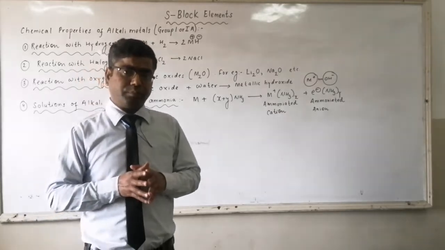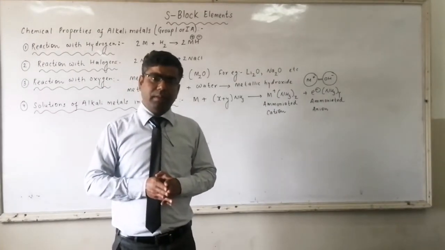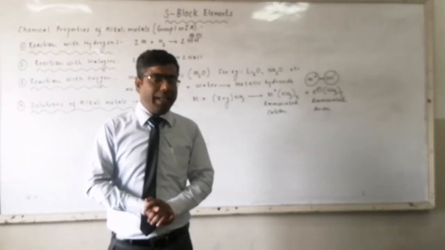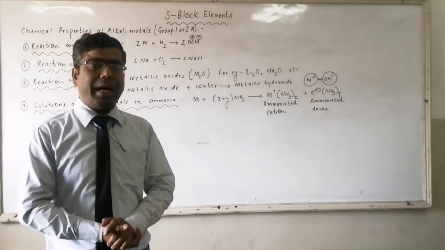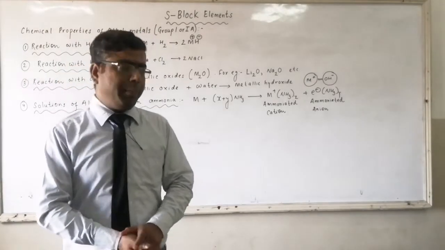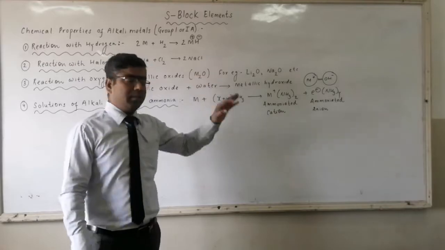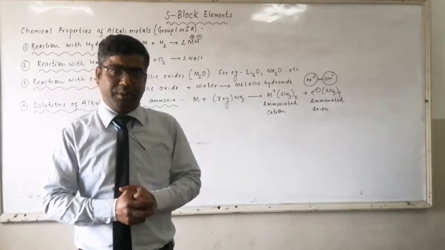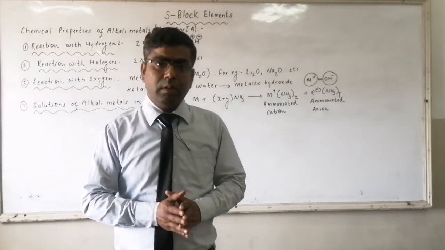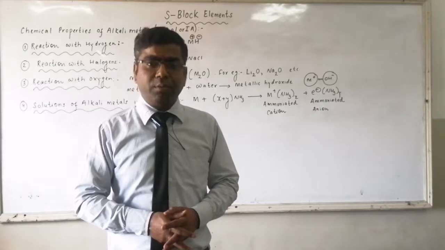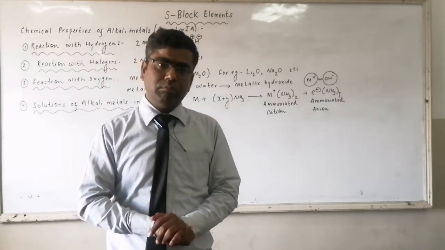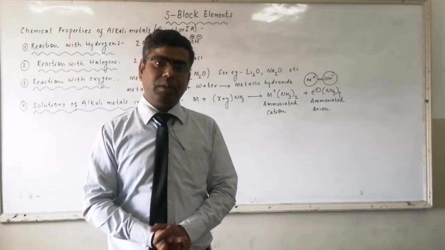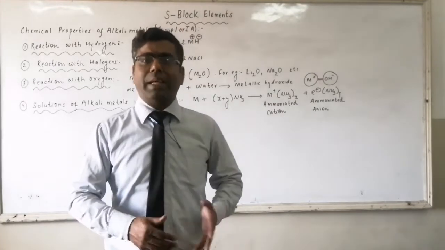These hydrides are ionic in nature. It means losing and gaining of electron is there when alkali metals are combining with hydrogen. M is having complete positive charge, H is having complete negative charge, which means the bond between metal and hydrogen is ionic in nature. The ionic character of hydrides increases as we move down in a group, because as we move down in a group, atomic size increases. There will be more tendency to lose electron.